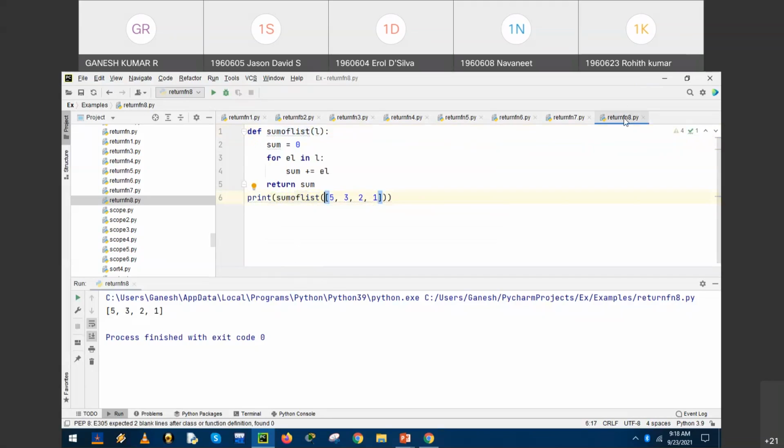Okay. Now run the program after it is modified. So 5 plus 3 plus 2 plus 1, what resulted is 11. Right? A variable is used repeatedly, but it is permitted, but there should not be a conflict between the definition and the variable.